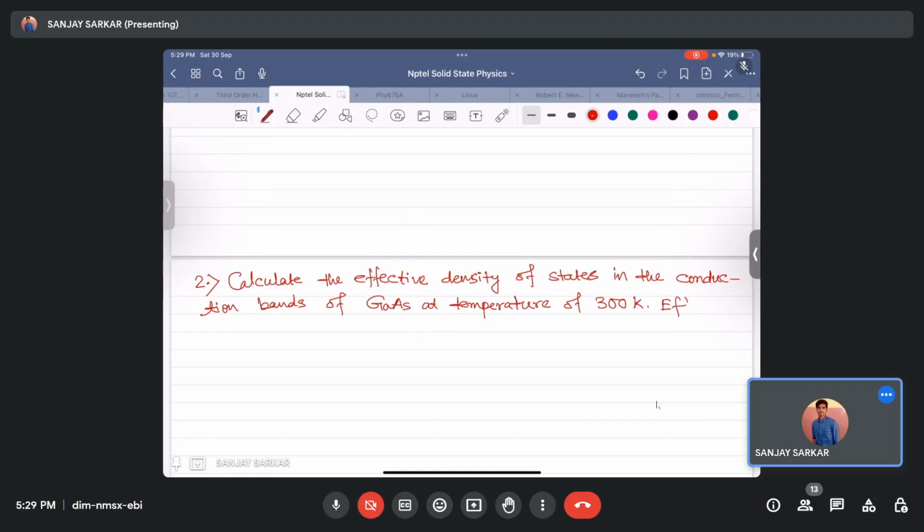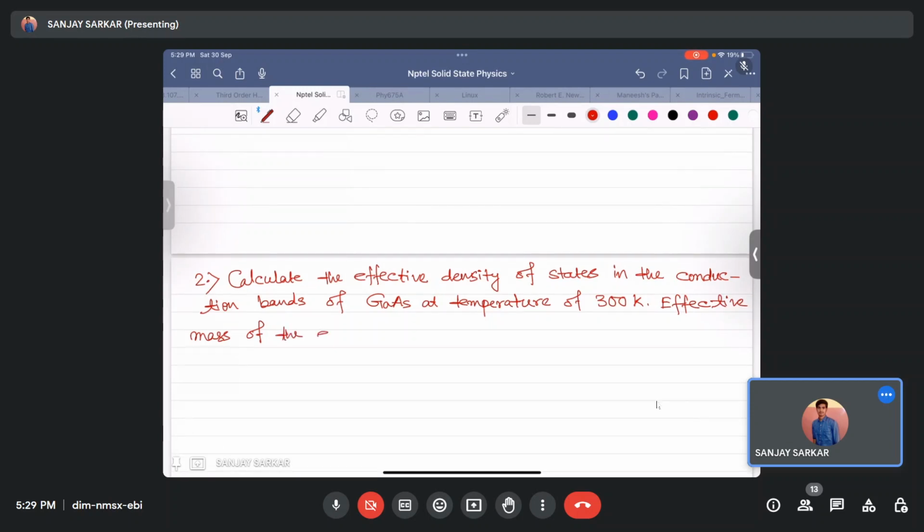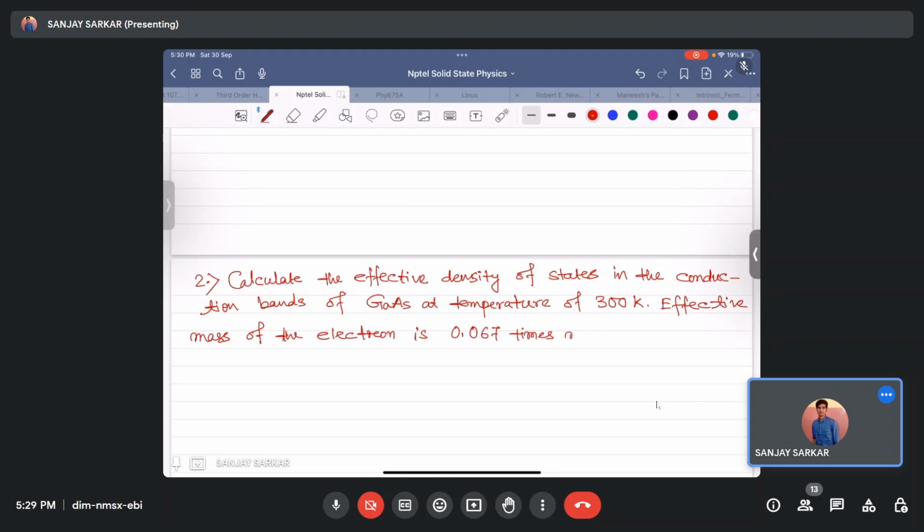The effective mass of the electron is 0.067 times mass of the free electron mass, and given Planck constant h is 6.6 into 10 to the power minus 34 joule second, then mass of free electron